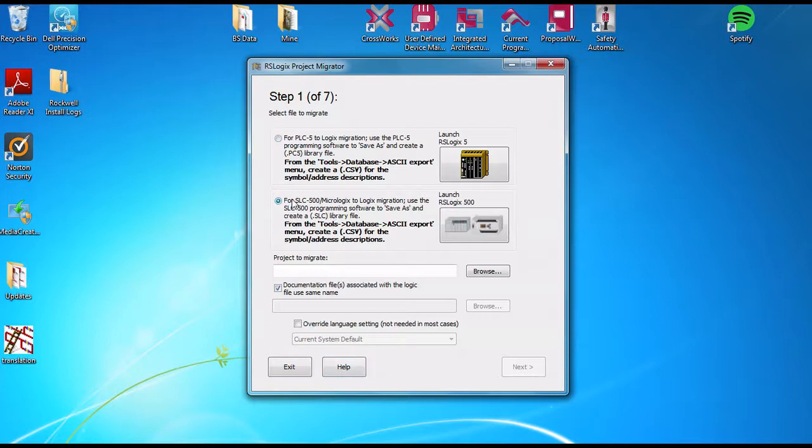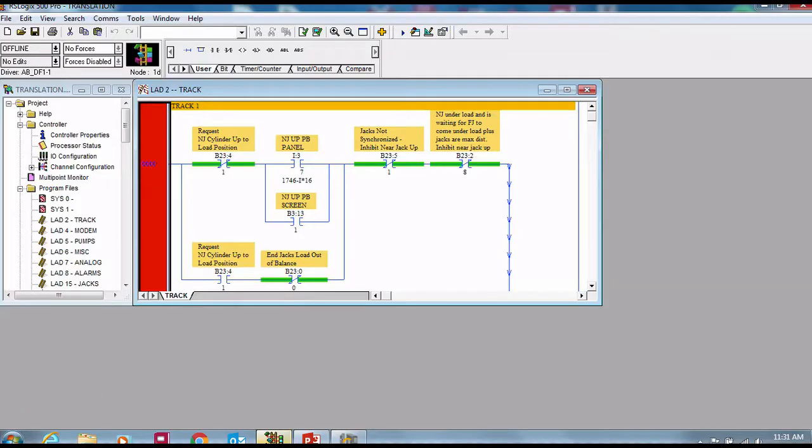We're going to use an SLC program, and it'll tell you to use the SLC programming software to do a Save As, an SLC library file, and then we're also going to export the database so that we have the symbol and address descriptions. So we're going to come back over here to our Logix 500,